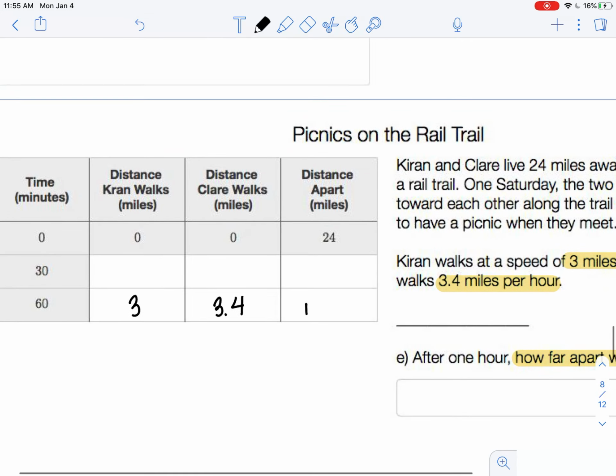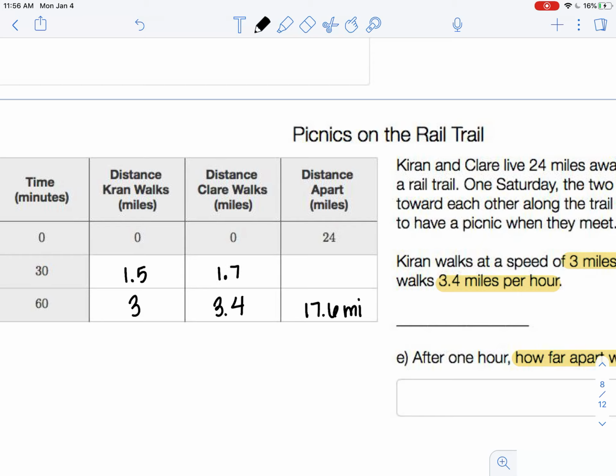I'm going to go ahead and put that in my table. Now, notice that the table also has a space for 30 minutes. Now, if we know that Kieran walks 3 miles in 1 hour, in half that amount of time, in half an hour, we know that Kieran walks 1.5 miles. And we can do the same thing for Claire. If Claire walks 3.4 miles in 1 hour, in half an hour, 3.4 split in half or divided by 2